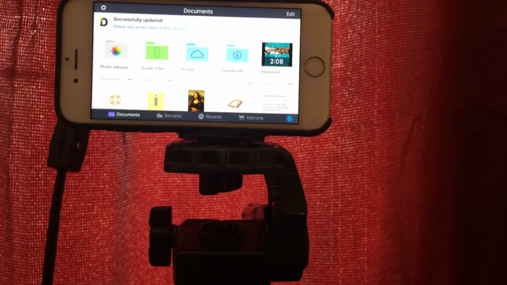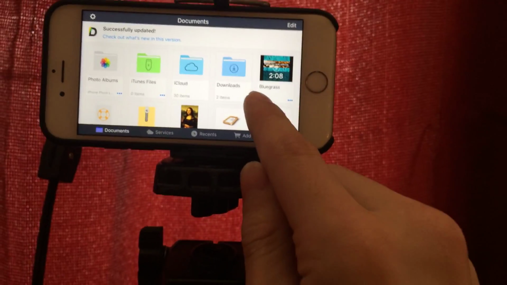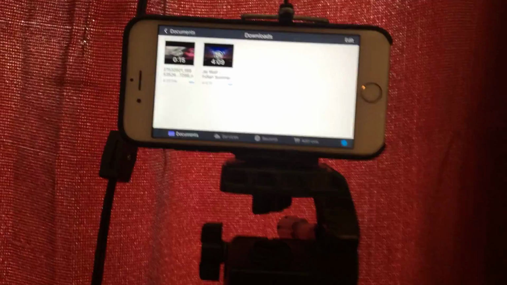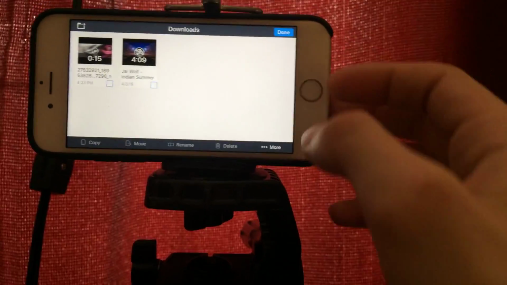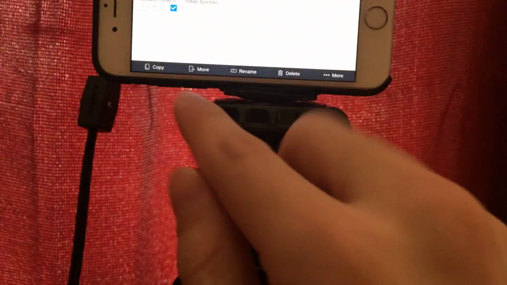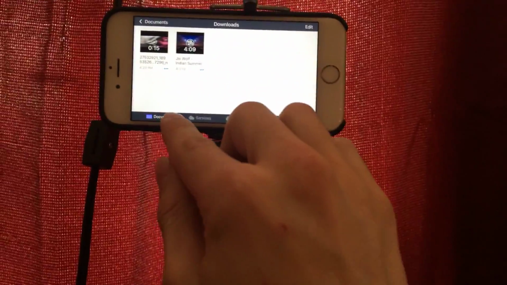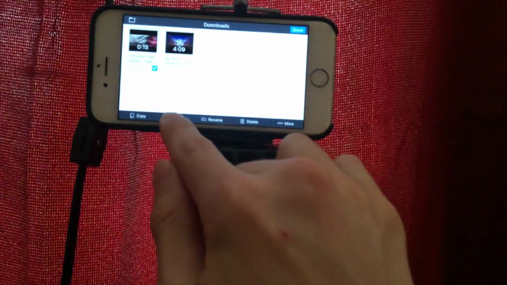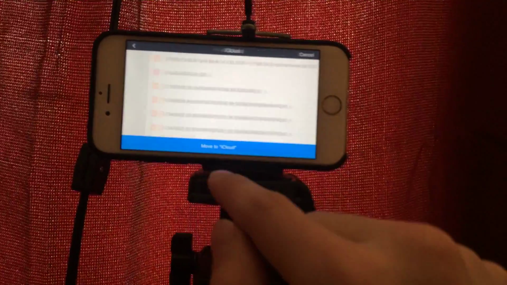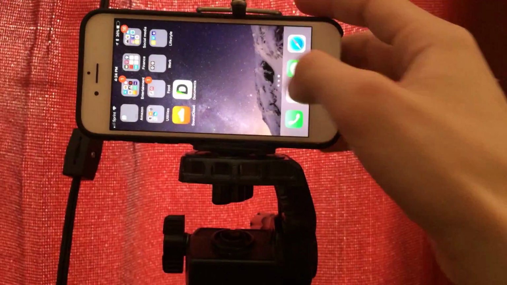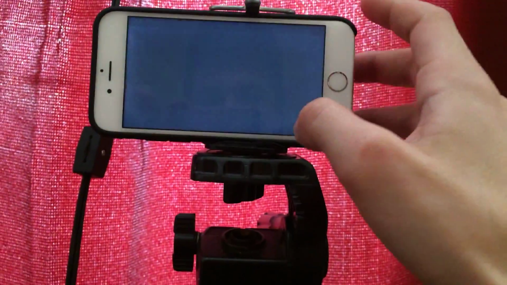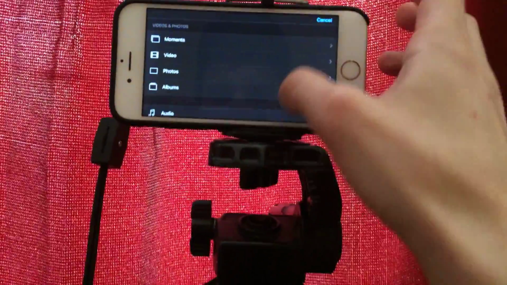Go back to the folders pages and you'll see a folder named downloads. You want to click edit, select it, and move this to your iCloud. Let me get that back in screen. That's the screen that'll be there. So you just hit edit, select, move, iCloud, save. Alright, now just go back over to iMovie, hit the add button, go down to your iCloud drive, and